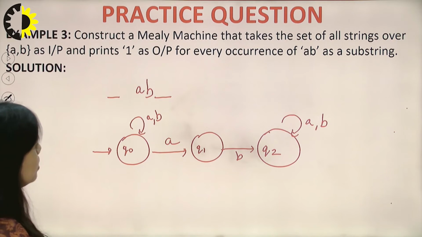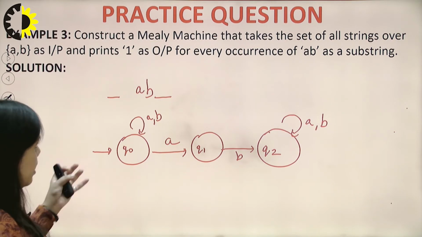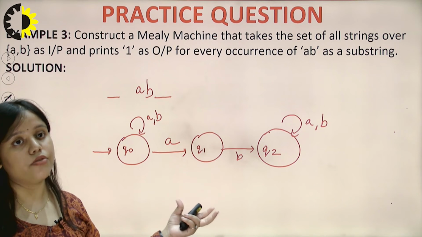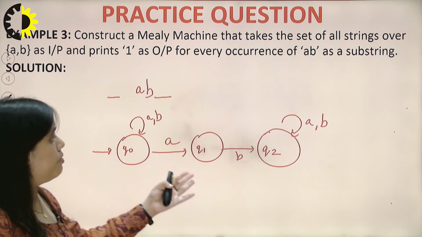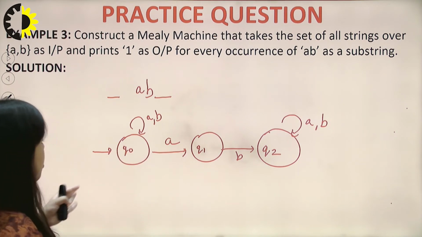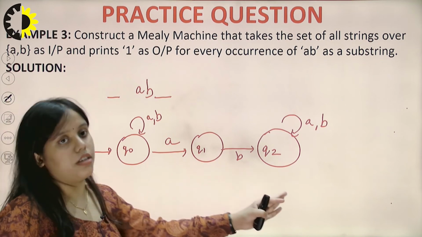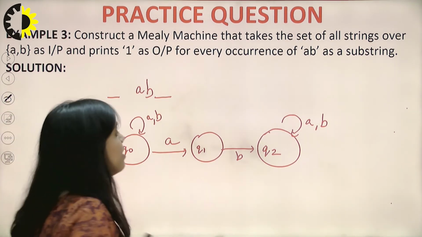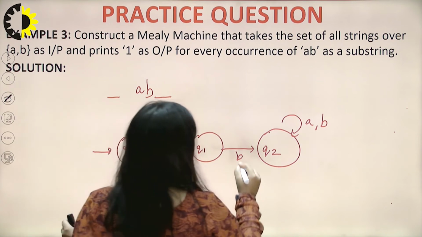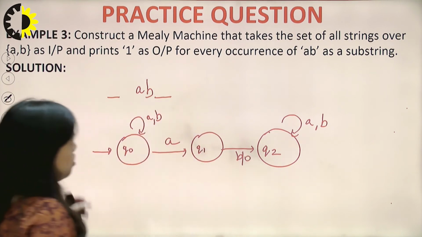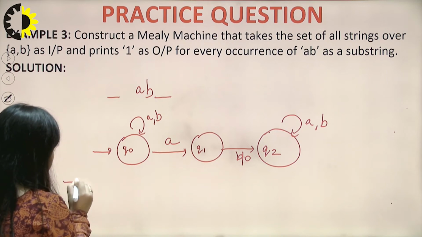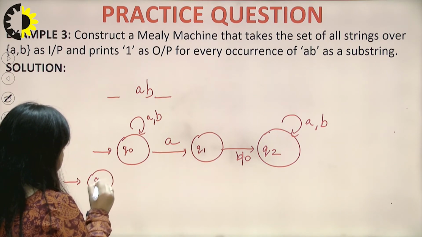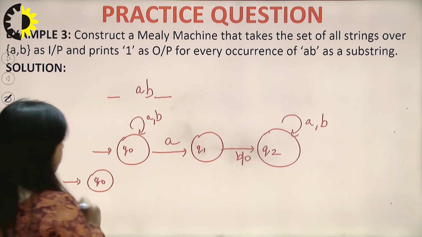So what we can do is draw a particular machine for AB as a substring. For this we have drawn this. Now we will make the output run with it. It should print 1 for AB, so wherever we are getting B after A, it has to give 1, otherwise 0. Now we'll try to redraw it and make all the possible things that can happen over here. Now how do we draw that? Q0. Now when it goes to A,